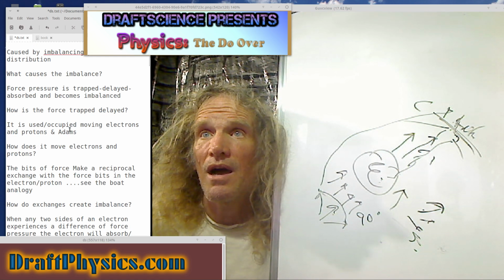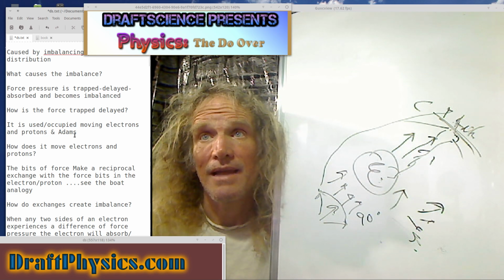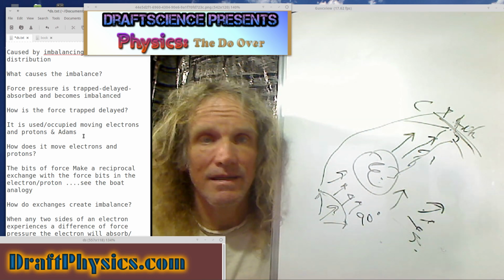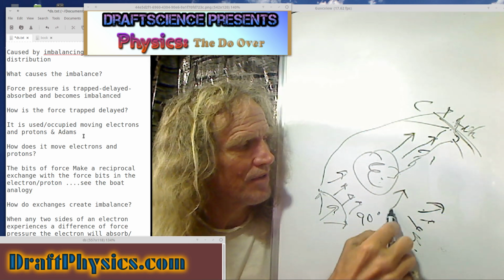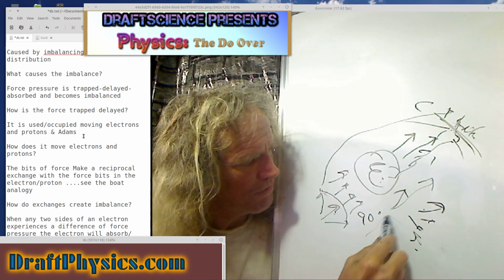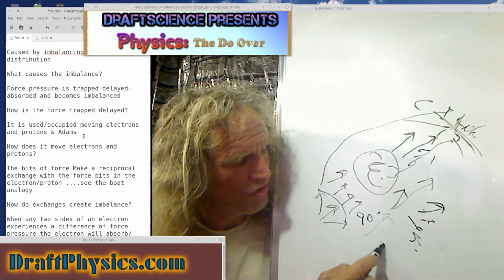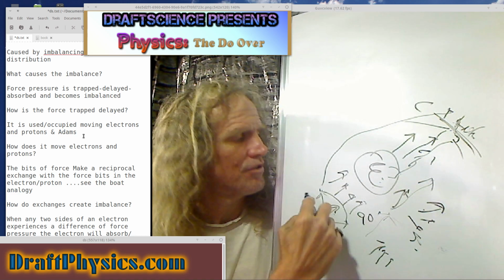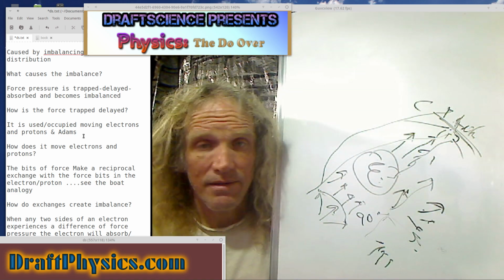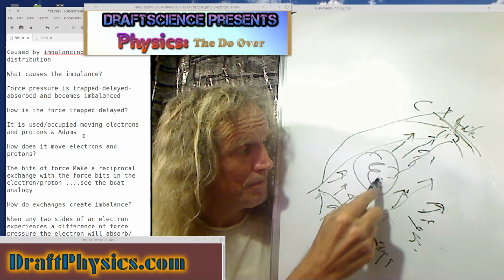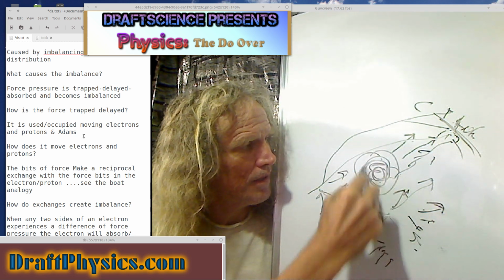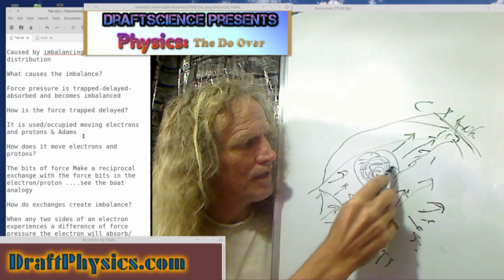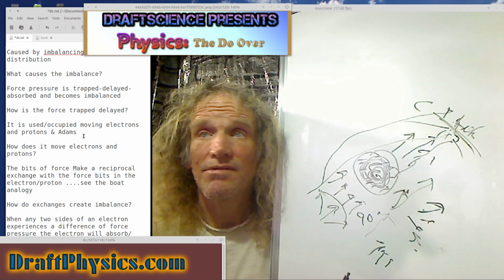So it is used, occupied, moving electrons and protons, and eventually the atoms, of course. The whole point is that when this thing is moving or gaining acceleration, changing its speed and gaining more speed in this direction, that means it had to absorb a force. If I didn't shoot it with a gun or a bullet, then it has to absorb energy from the field, energy that would have gotten over here. So I've absorbed it, I've occupied it, I'm delaying it by keeping it in the proton and forcing it to move all the other stuff in that proton or electron. And that's what's delaying its arrival.